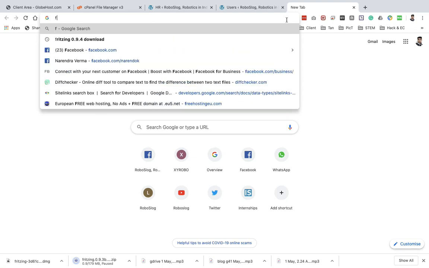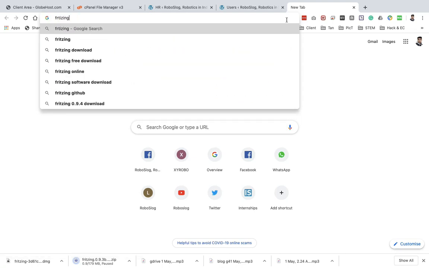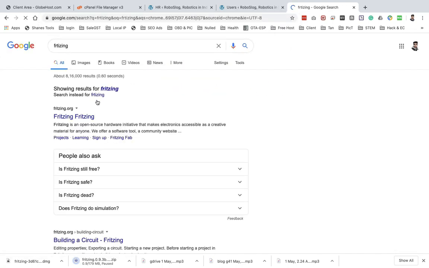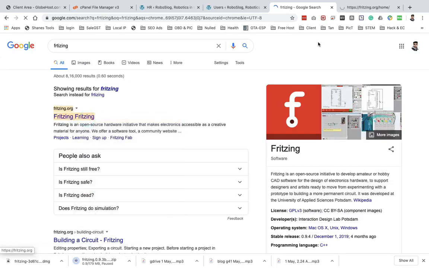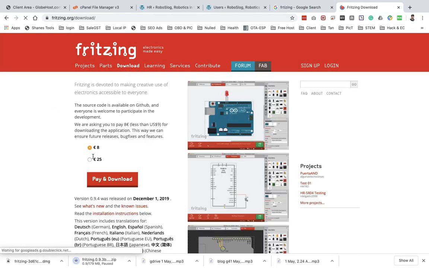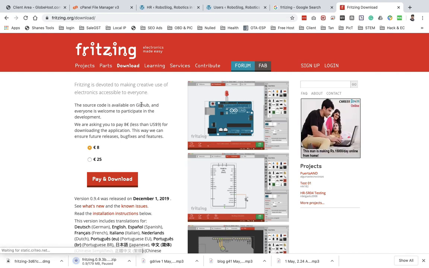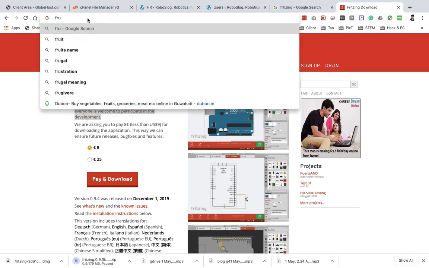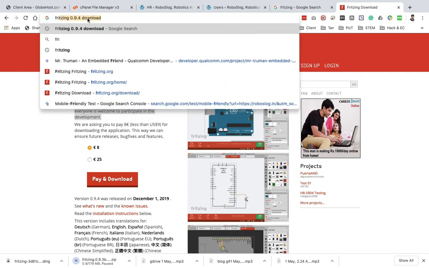Go on the Fritzing website. You cannot download without paying, because when you click on download, it asks for a donation. So just click on their GitHub link, where you can find that software. What you need to do is just search for Fritzing,